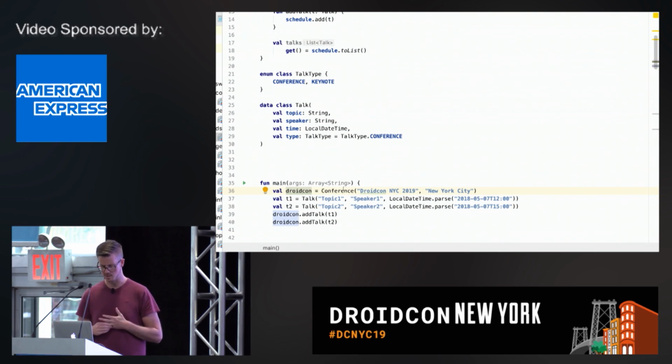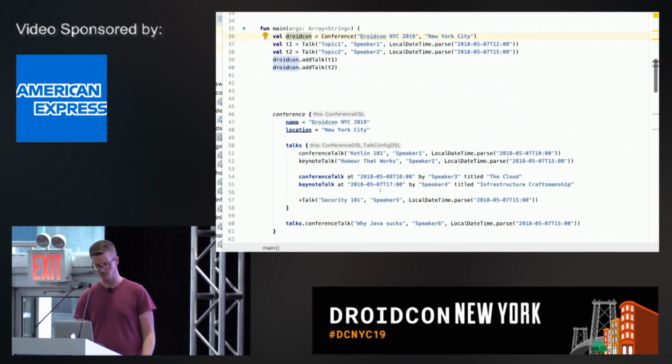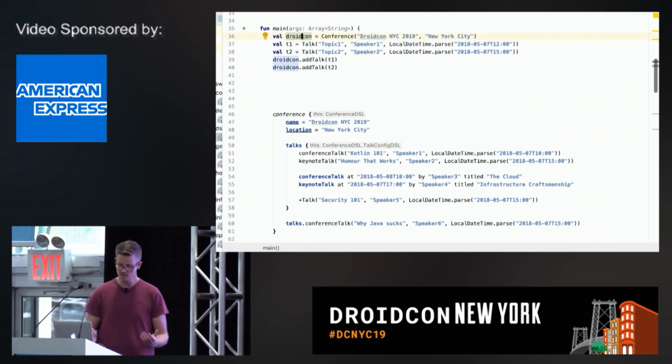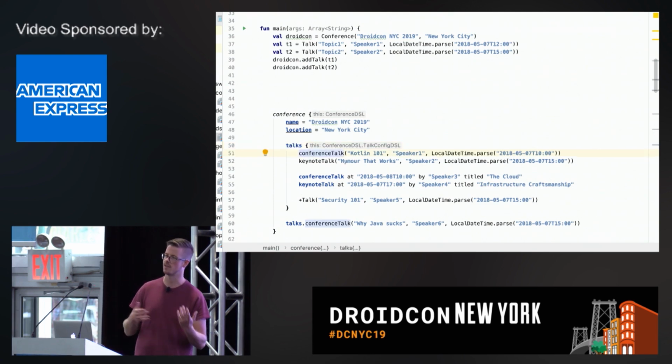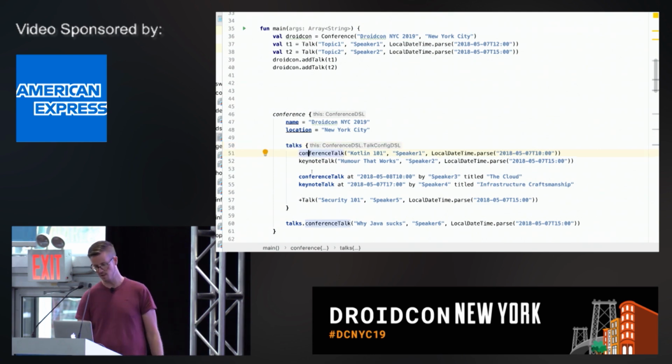Kotlin gives many ways to simplify this code, but we can also go one step further and create a DSL for this. Just theoretically, we could do that. So what we see here, we have a block called conference, and we assign a name and a location, and then we open a new scope talks, which lets us define talks for that conference, right? So as you can see, we have different ways of defining